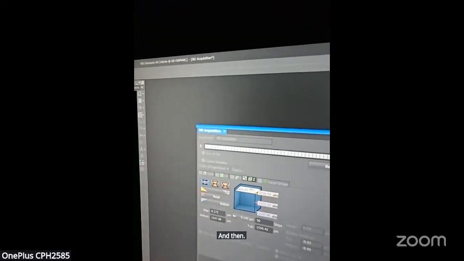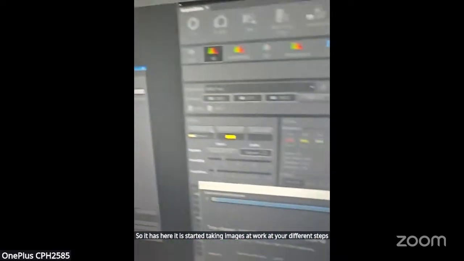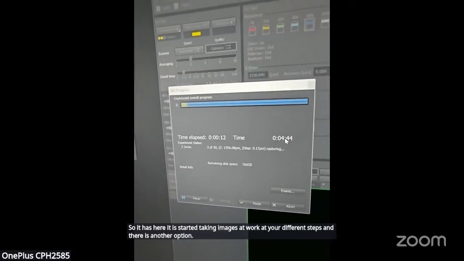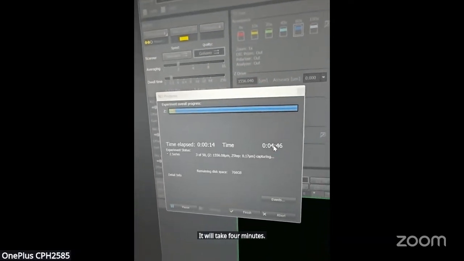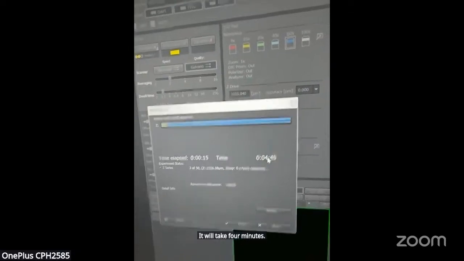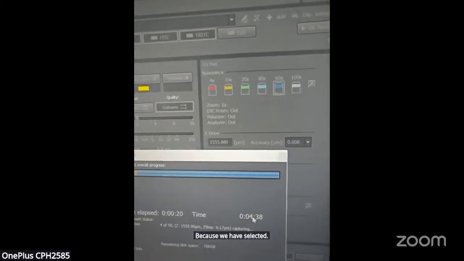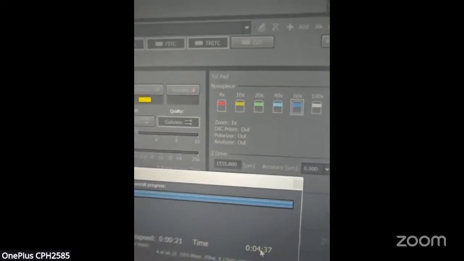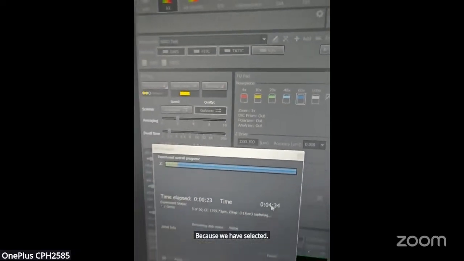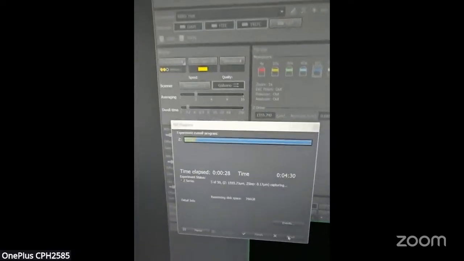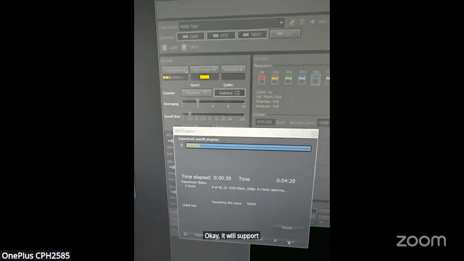It has started taking images at your different steps, and here is another option. It will take 4 minutes. We will avoid this because it is taking so much time.